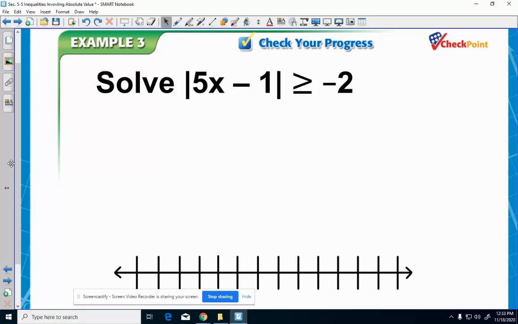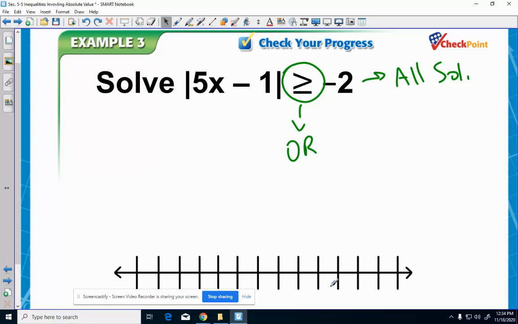What happens to anything inside an absolute value? It's positive. So a positive has to be greater than or equal to a -2. No matter what you pick here, will be forced to be bigger than 0. Anything that comes out of an absolute value has to be positive, and a positive will always be bigger than a -2. Because it's a negative. So this is guaranteed to be an all solution, but that symbol says "or,"